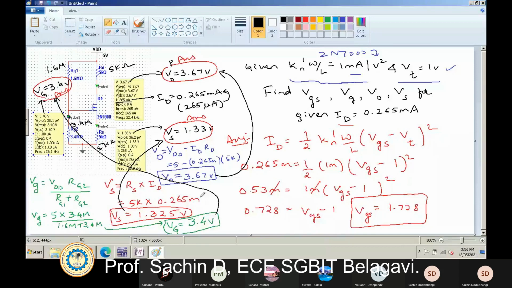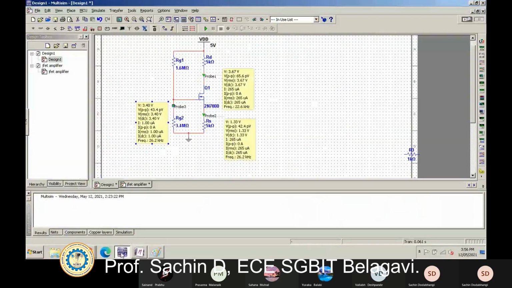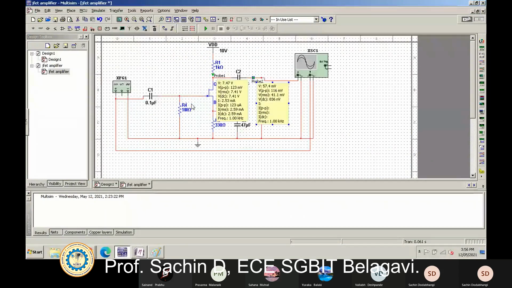So far we have completed the first one from part A, that is FET. You can check here, in FET we have done this FET amplifier. This is a common gate amplifier, so VG is constant. I have taken this VG as constant here. Instead of using a voltage divider, I have taken only one resistor here, so it is called a self-bias circuit of JFET. I have shown you the output also, with overlapped input and output, so you got to know how the output is 180 degrees out of phase with the input.